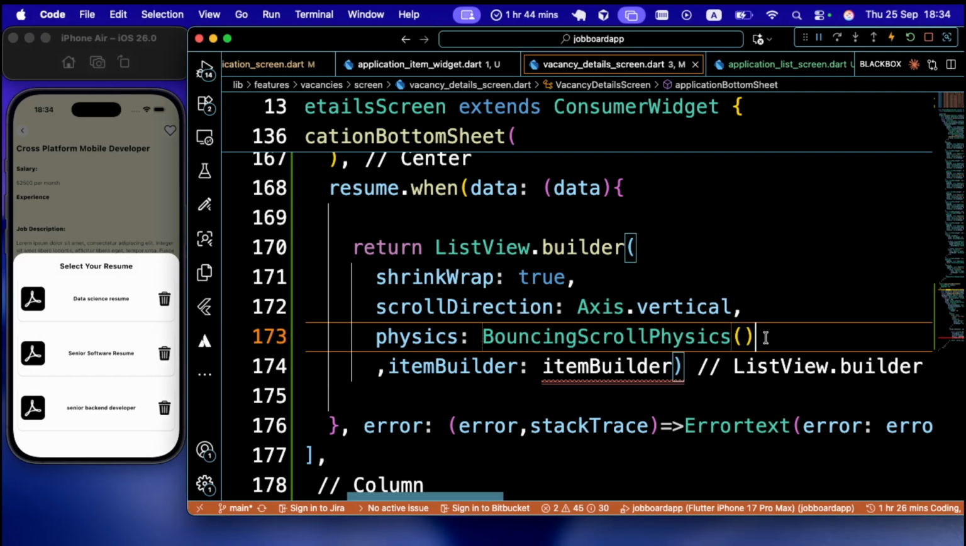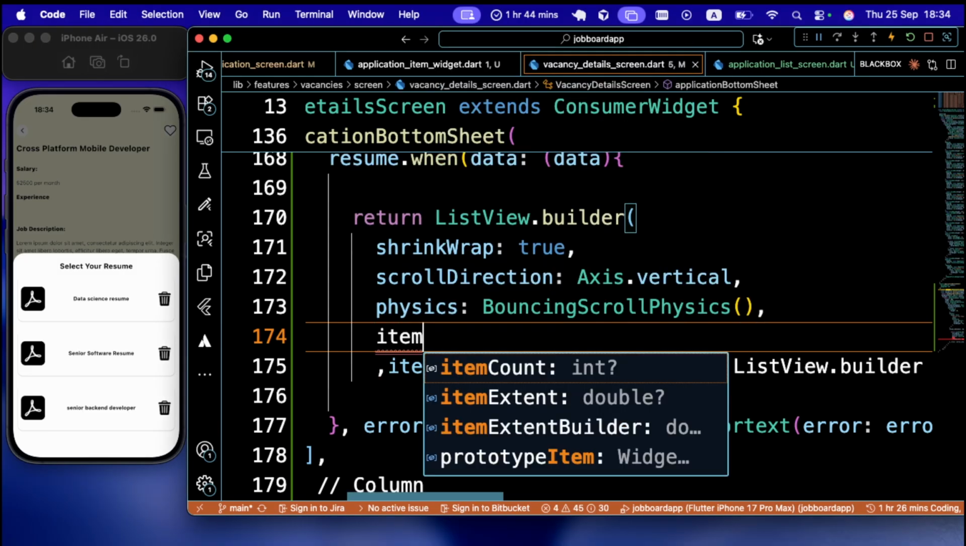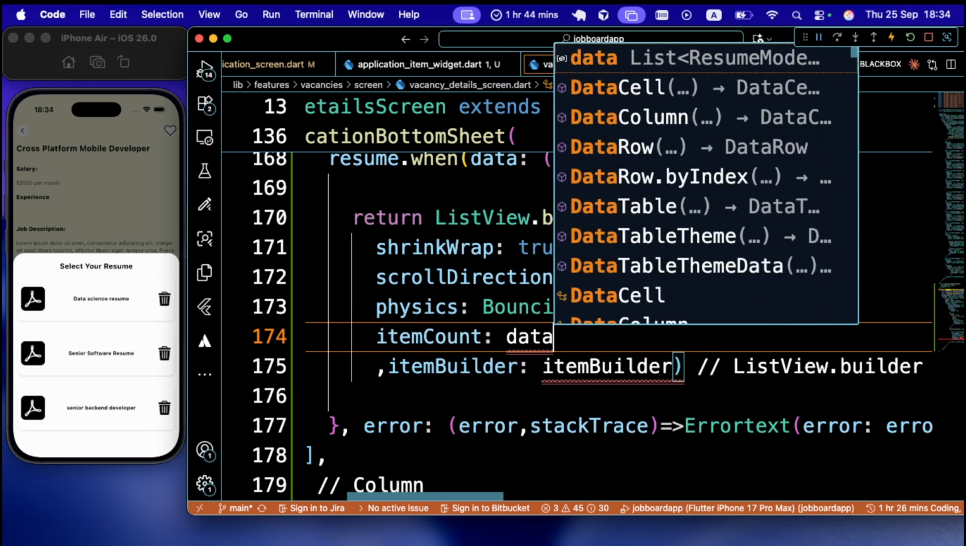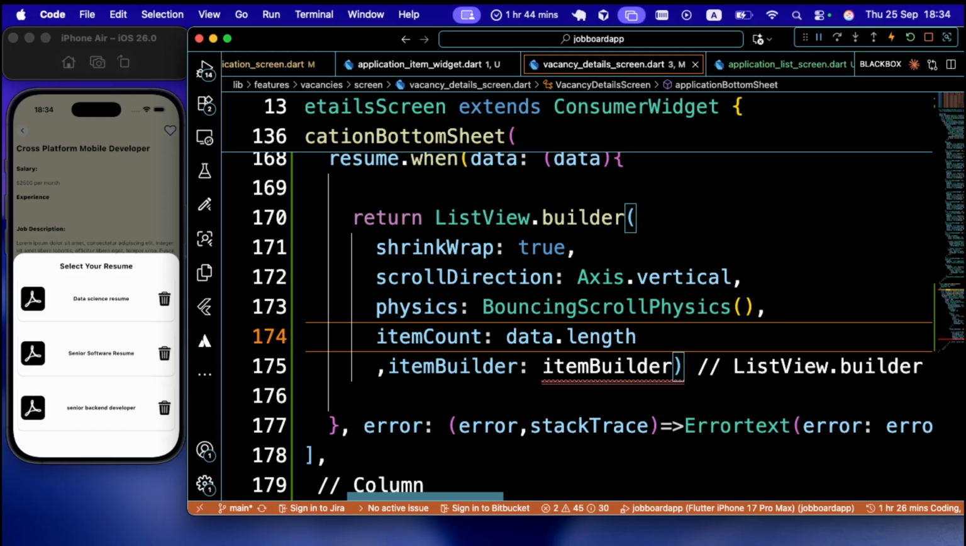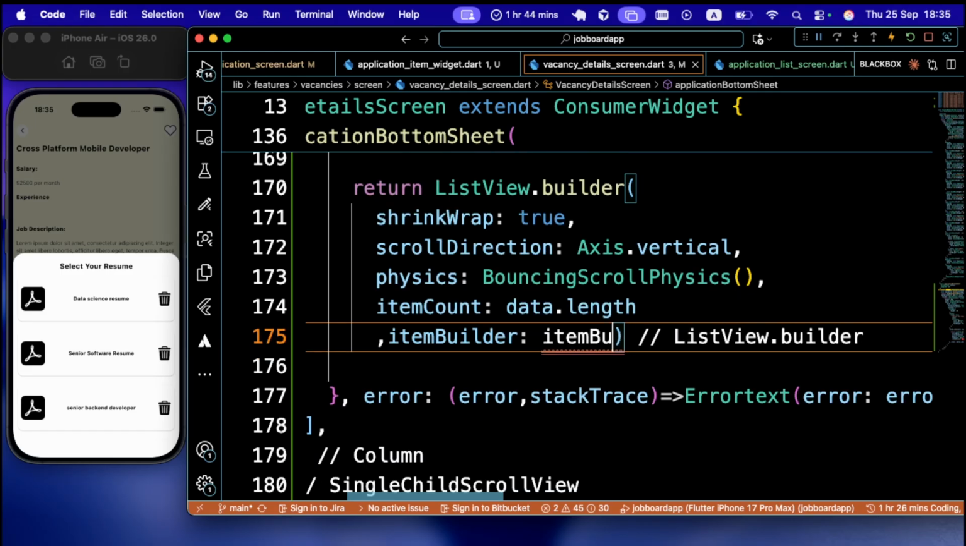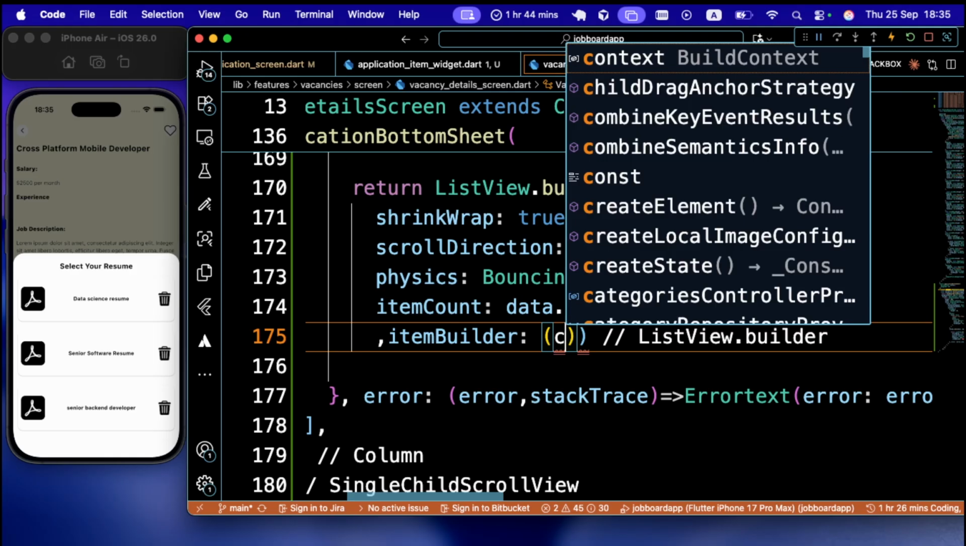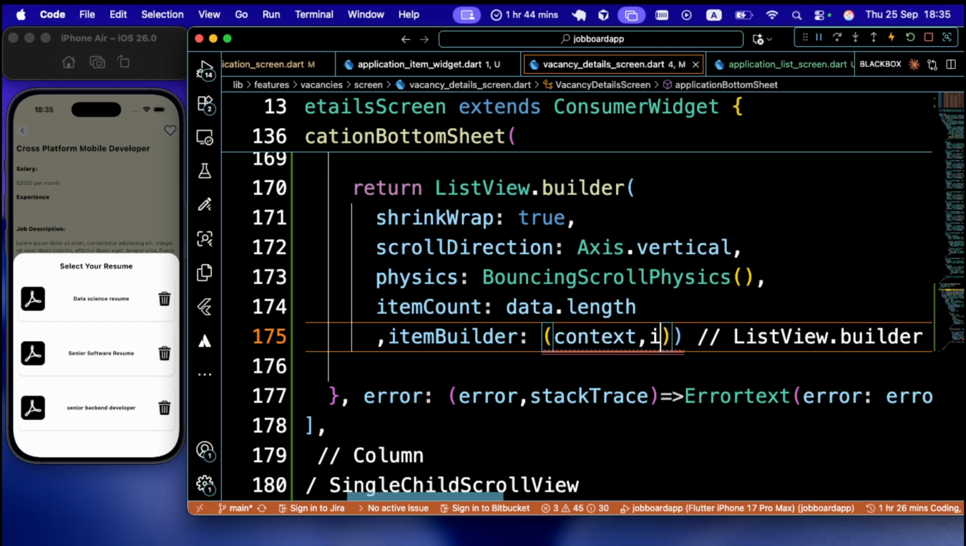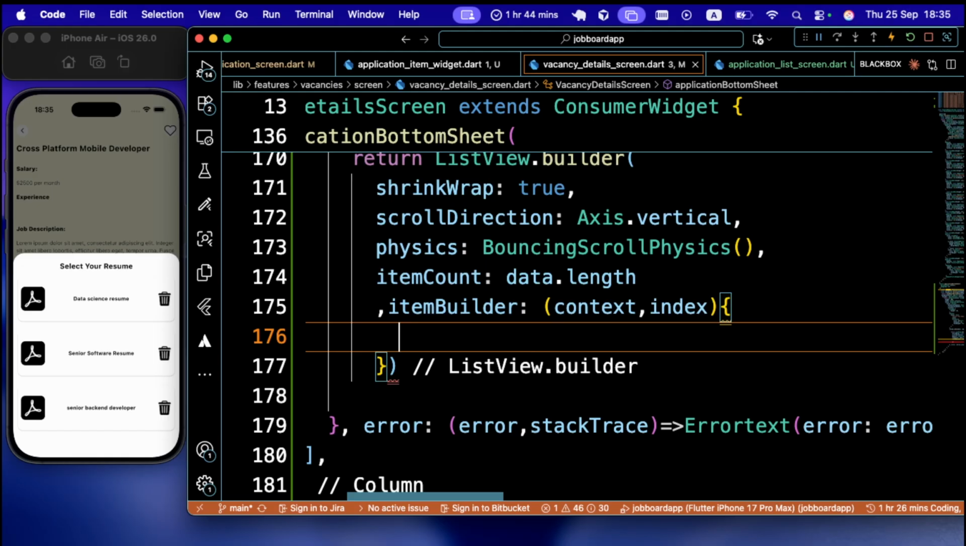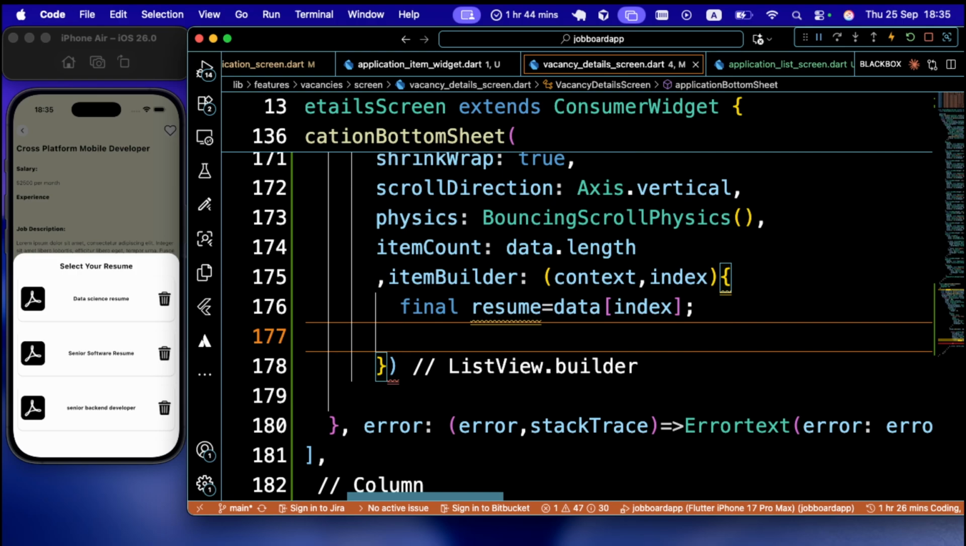And then we also need an item count. So item count is going to be data.length, right? And then here, for the item builder, it takes in parameters the context, then the index. And then let's create a resume variable, which is going to be data index, right? And then what we are simply going to do is return